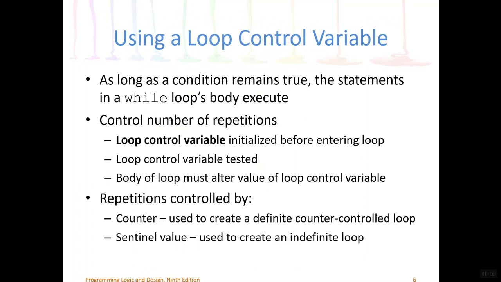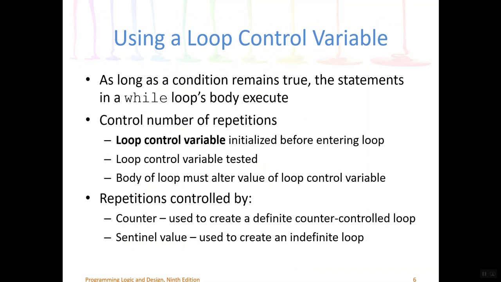Somewhere in the loop body, that loop control variable must be updated in order to avoid our loop running forever. That's called an infinite loop, and it's something that we want to avoid. This bottom piece is referring to the fact that there are two basic types of loops, counter-controlled loops and Sentinel-controlled loops. The first tends to be a little easier for students to grasp, so let's talk about that one first,